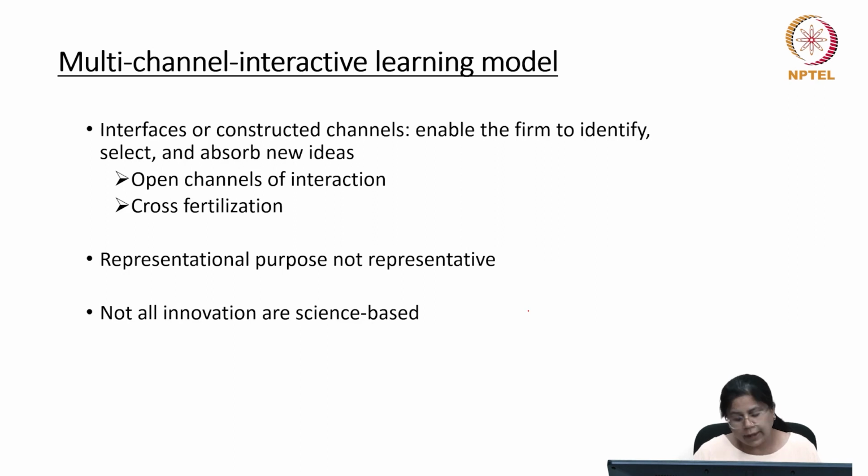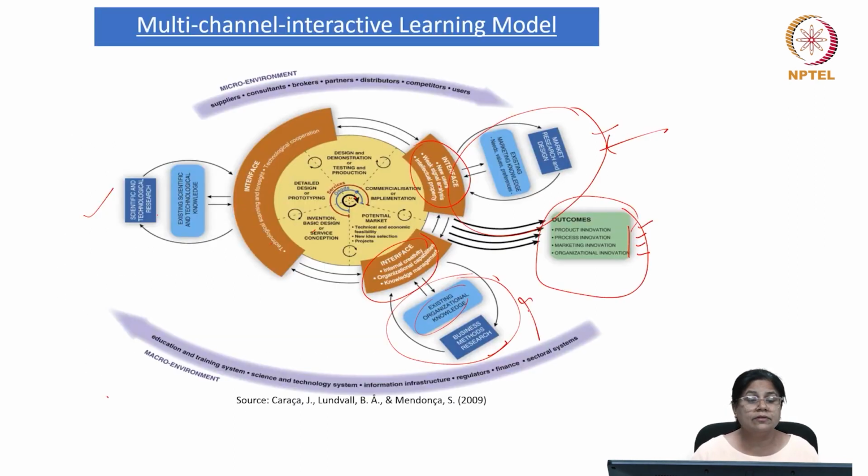And what it does, it actually attempts, it tries to provide a stylized representation of the main classes of variable and their relationship which are involved in the innovation process in a wide variety of industries. And in some industries you may find that some linkages may be more important, prominent. For instance, in a pharmaceutical, you may find that this kind of link is more prominent. In another one, you may find that the market-related links are more prominent. In a semiconductor industry, once again, you will find that this link is more important. So then, you have a model which is all-encompassing and in a way, trying to tell you different factors which will be contributing towards a successful innovation process in a